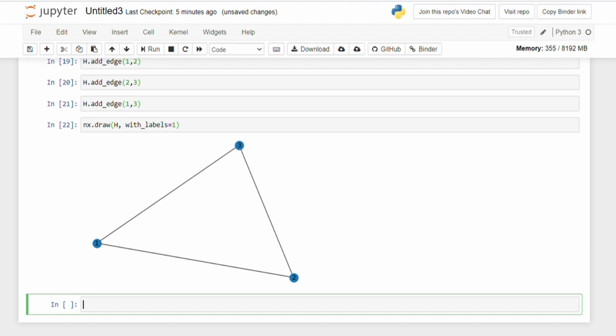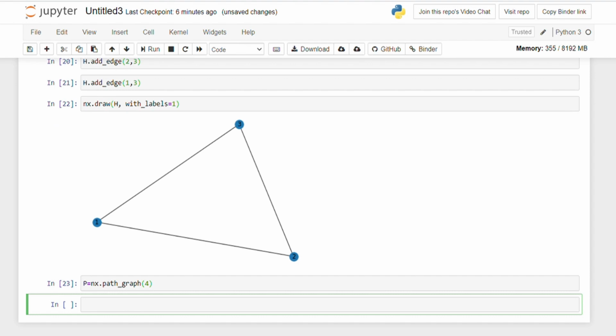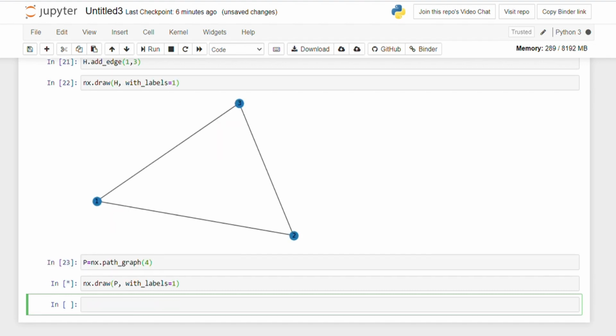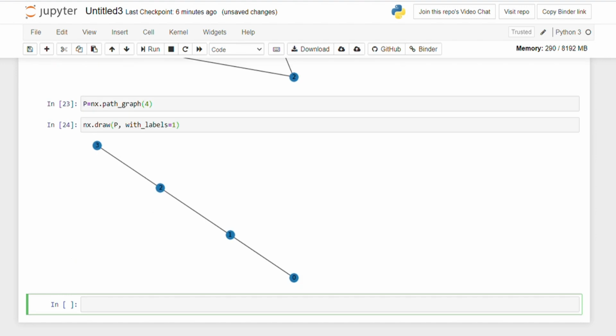Creating a graph and adding all the nodes and edges one by one is both tiresome and time consuming. Instead, we can use some inbuilt functions. The first one is nx.path_graph with the required number of nodes in the parenthesis. The graph P it generates is a path graph with 4 nodes and 3 edges, and the nodes are labeled